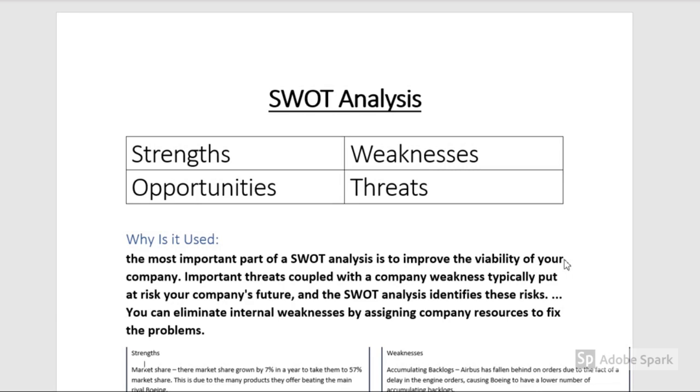You can either go bankrupt, there could be legal issues, regulation issues, stuff like that could come into play that threaten your business. So this is why you use a SWOT analysis to identify the strengths and weaknesses of the business, so you can invest more money into the weaknesses to fix them, and also into the opportunities and threats to see where you should invest money, whether it's into new technology to improve the productivity of a business, and the threats such as competitors and rivals could be taking new approaches, and such as government regulations could come into play,